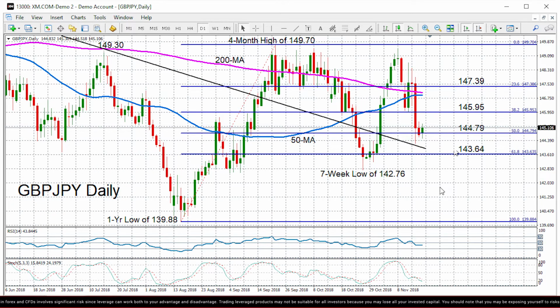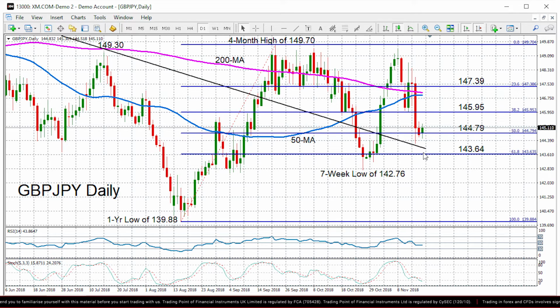We can see we're getting mixed signals from the technical indicators. The RSI has flatlined just below the 50 neutral level. The stochastics, though, are still falling and entering oversold territory. At the moment, there is strong support coming from the 50% Fibonacci retracement of the uplift from 139.88 to 149.70. So if you were to see a breach of that 50% Fibonacci and then a drop below that long-term